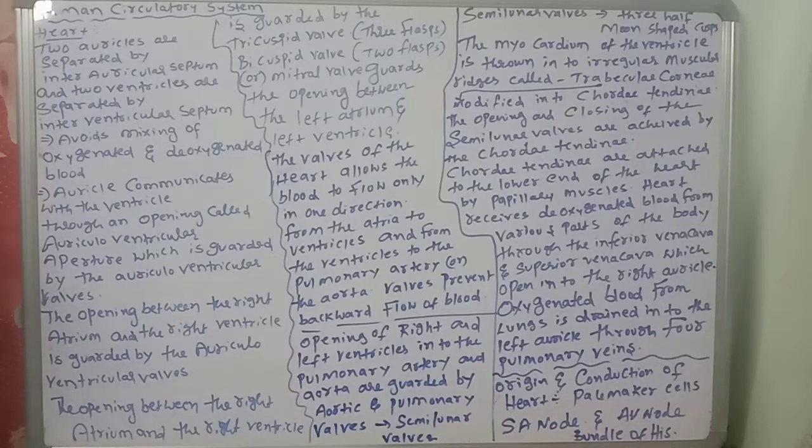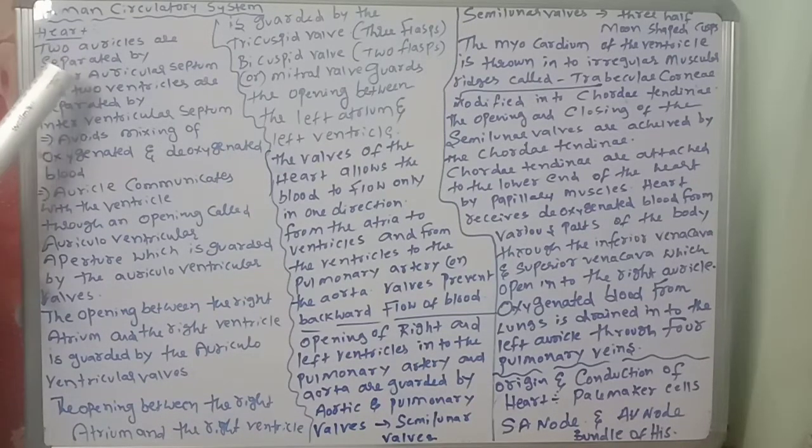yesterday's class. Today we are going to discuss a little information about the internal structure of the heart. What are the three layers surrounding the heart? Epicardium, myocardium, endocardium. The space between these membranes is called the pericardial space and is filled with pericardial fluid. That we discussed. Now, the two auricles are separated by the interauricular septum.